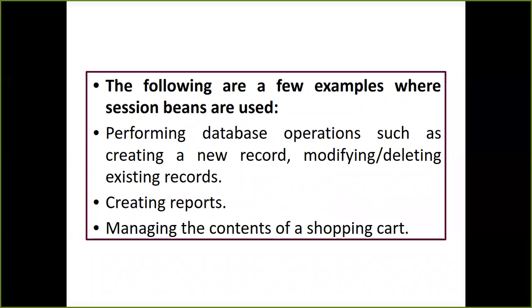I don't know how many people have noticed this, but you can try it. Just try to order something, put it into the cart first, and then try to buy something from there. Once you buy the product, it is going to disappear from your shopping cart. So you're not maintaining the state of the things you have put in your shopping cart. The things you buy are going to be there in the record, but whatever you put into the cart is not going to be maintained for a longer period of time.